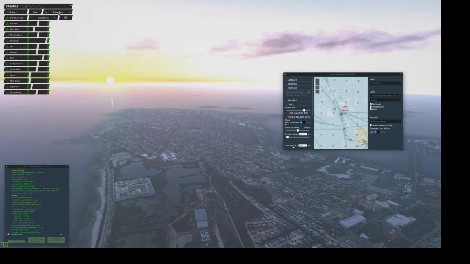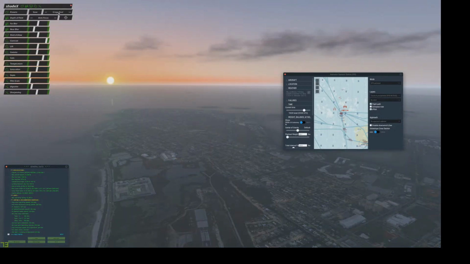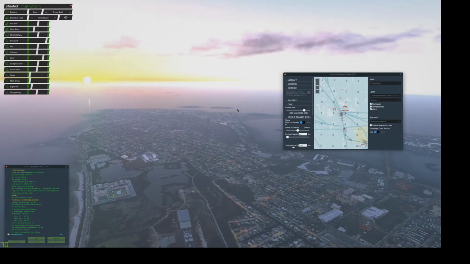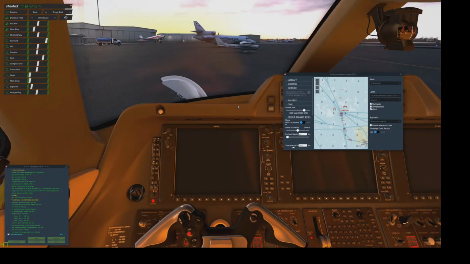Very subtle change. And there's default, which is not too bad for end of day. But that's just a difference. Visibility is more than 10, so it might mean there's some haze out there, I don't know. And so if I go back to the cockpit,